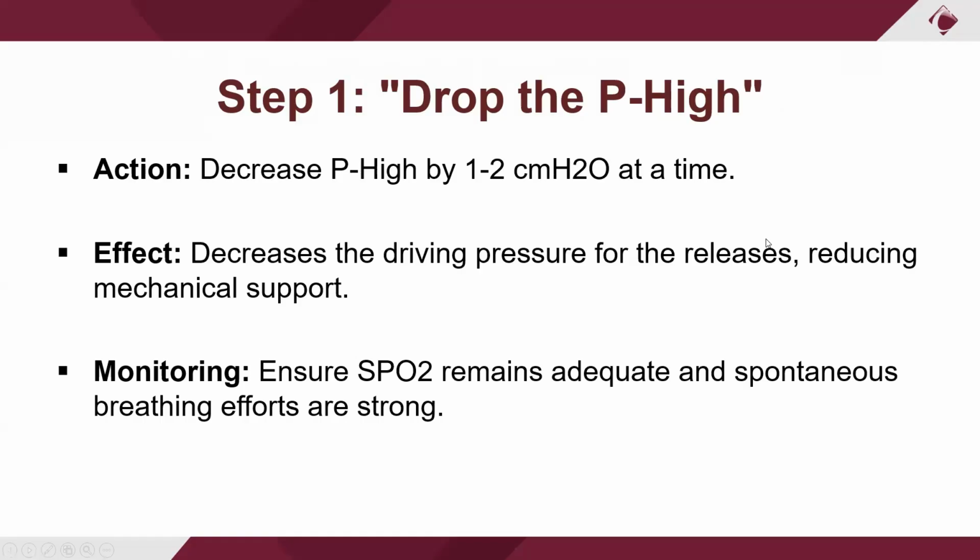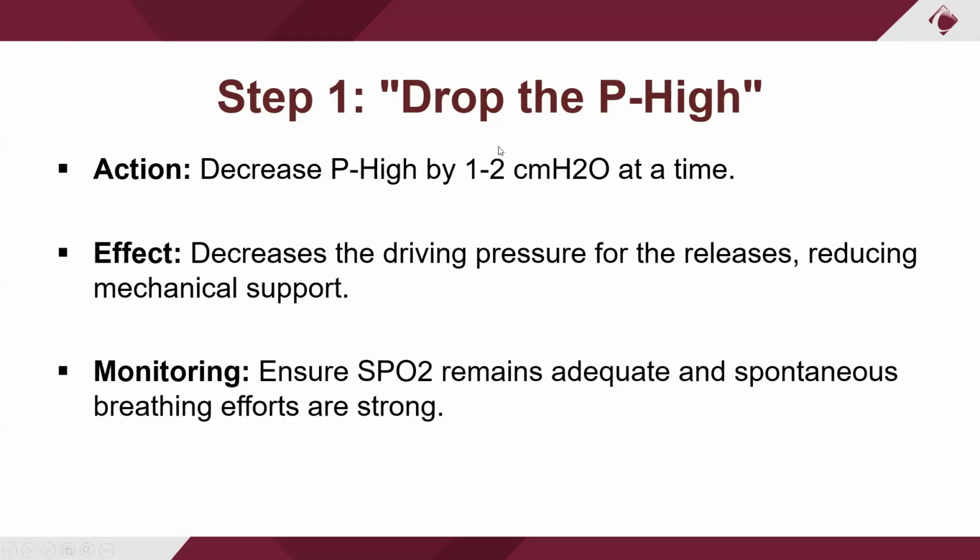Now, there's nothing been published. And again, based off my experience, it's hard to tell you how much to wean it by because every patient's different. What you need to do is just monitor them and see how they respond to it. So always start with the P high, dropping it by 1 to 2. And I usually stretch out the time high. If it's at 6, I'll go out